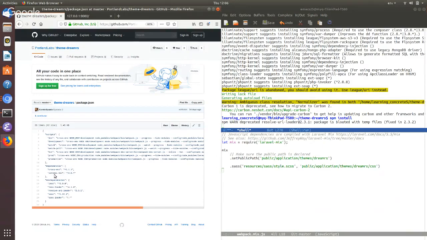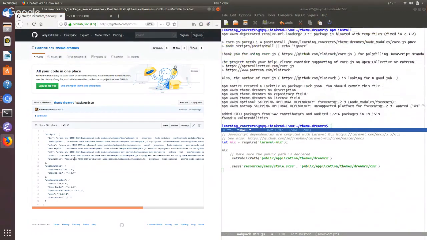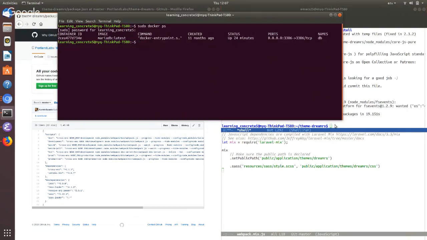You can see we're bringing in Laravel Mix, Less, Sass, a couple other things. Okay, looks like we're good on that. It's a lot of packages, 1,000 packages from 542 contributors. All right, so if that's working correctly, we should just be able to cd into this directory here, the Dreamrs, and we should be able to run, you can see here on the